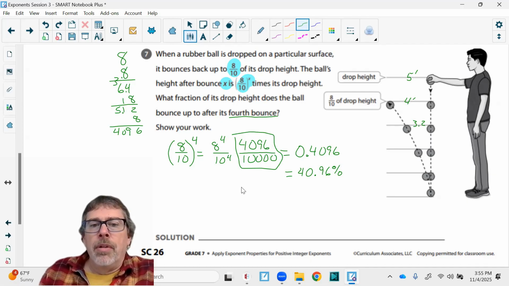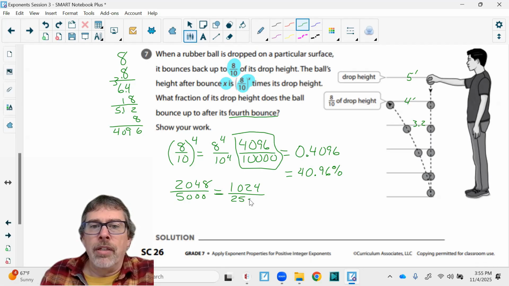Okay? But that can be reduced. So half of 4096 is 2048 over half of 10,000 is 5,000. And half of 2048 is 1024 over half of 5,000, which is 2,500. And I can keep reducing this. Half of 1024 is 512 over half of 2500 is 1250. And half of 512 is 256 over